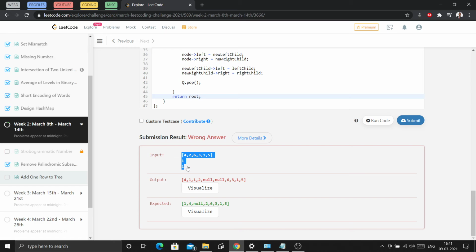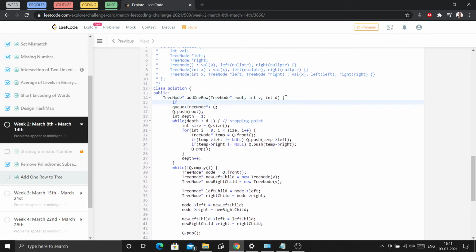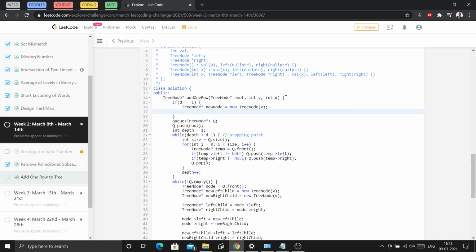Okay, d equals 1 is not covered here. So let's check if d equals 1. What I will do is create a new node, new TreeNode with value v, and I will connect the root to the left of this new node.